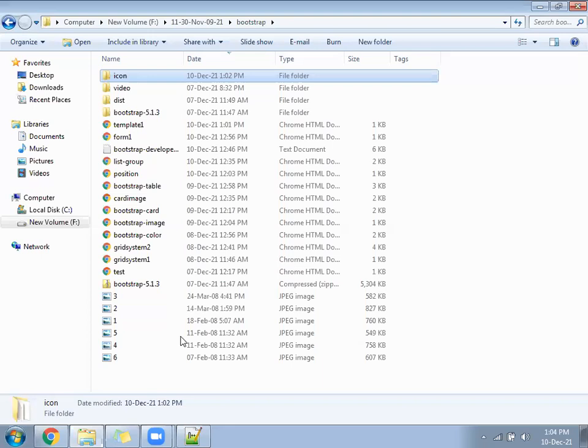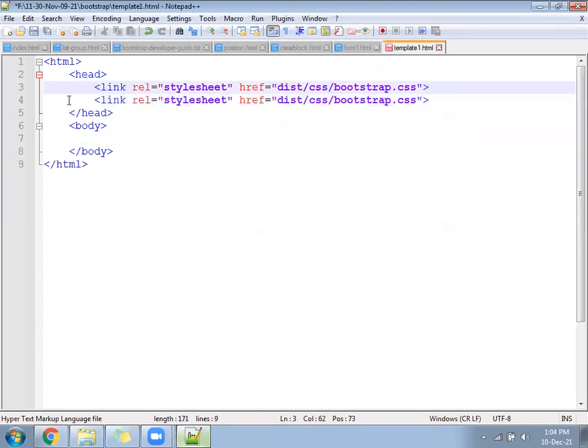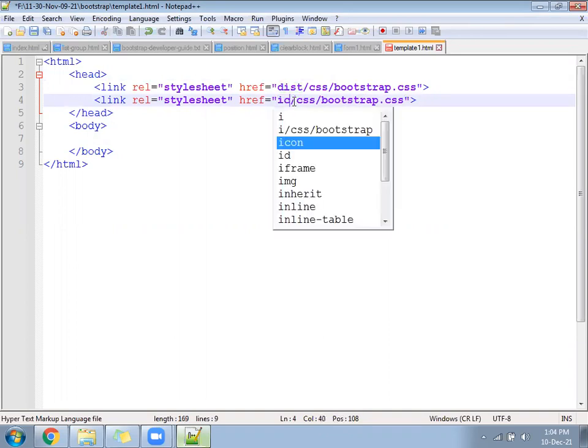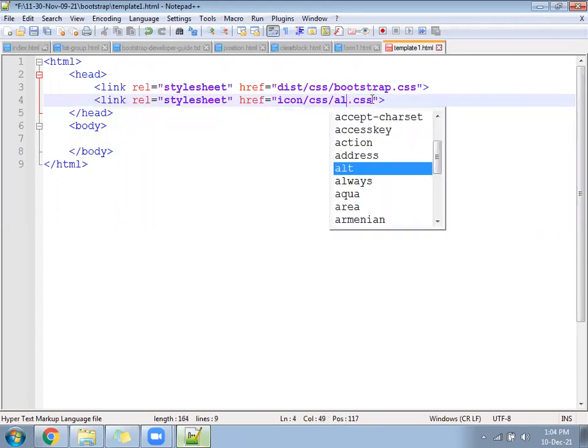Okay, fine then. Come to your template1 file and call that bootstrap also. Come to the template file. In the template file, you will call here dist replace by icon css all dot css.